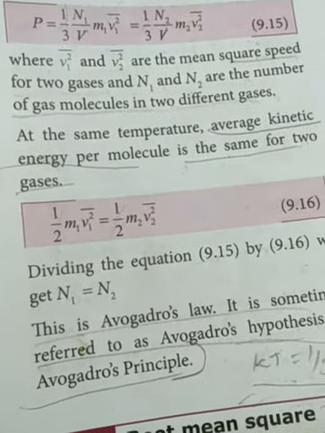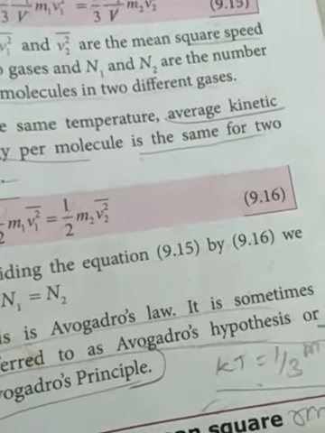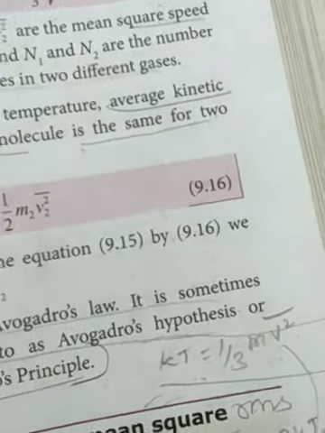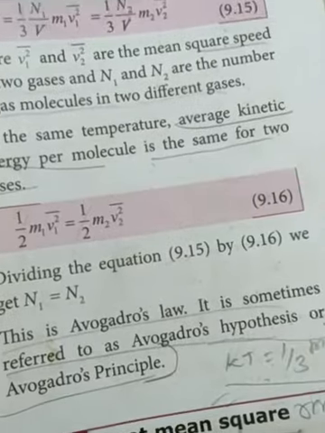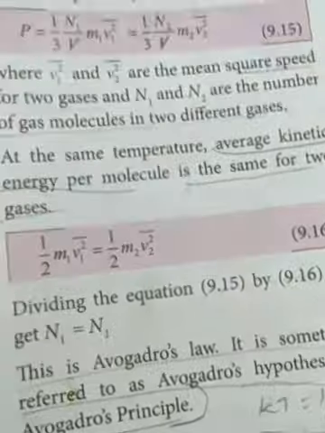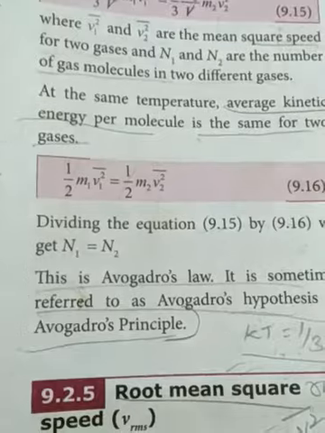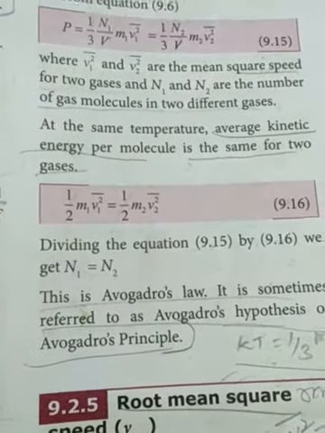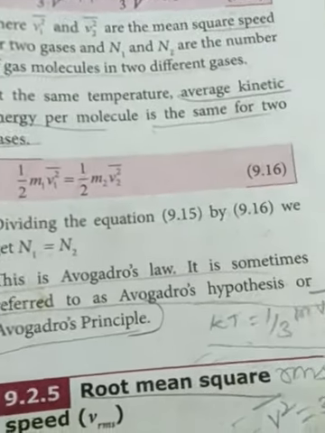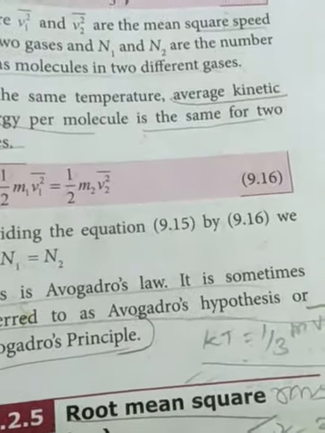So at the same temperature, we are given the kinetic energy for the different types of gases at the same temperature. The molecules are vibrating. Whenever you give the temperature, what happens? The molecules inside are moving, working, and producing kinetic energy. The formula we consider is half mv squared. You already know this from lower classes, the kinetic energy formula half mv squared. So you are taking two different types of gases.